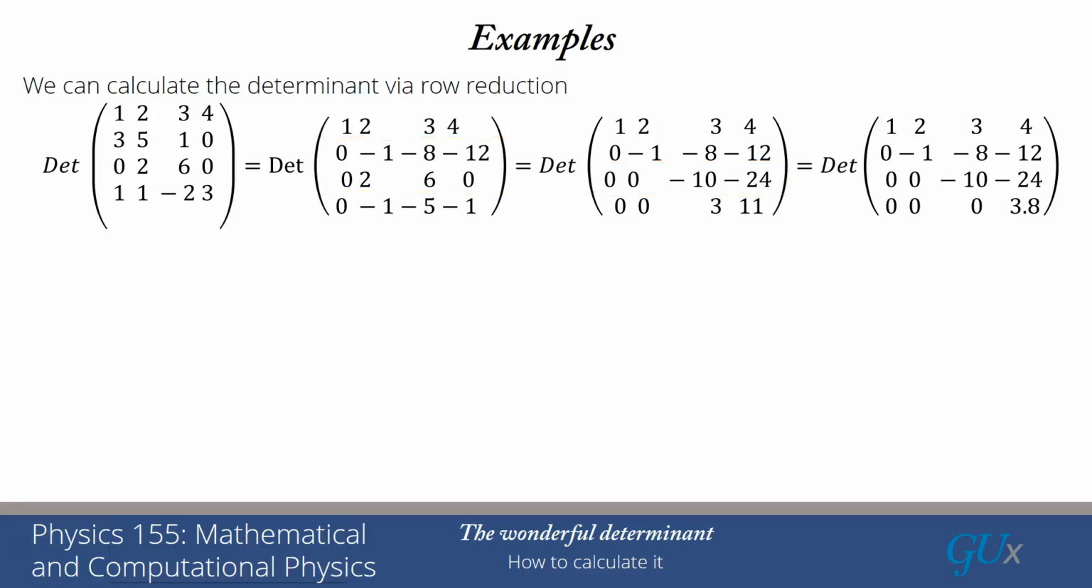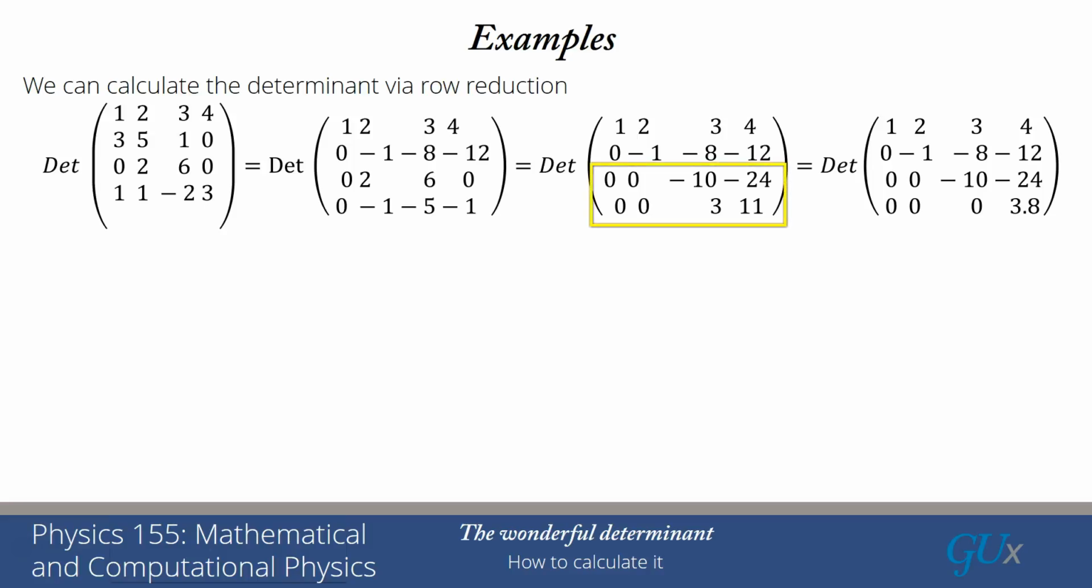Now for the fourth row, I'm going to have to subtract the second row from the fourth row. So I get minus 1 minus minus 1, that gives me 0. I get minus 5 minus minus 8, that gives me 3. I get minus 1 minus minus 12, that gives me 11. So now we have this matrix that's the third matrix that's given here, and we have one more row reduction